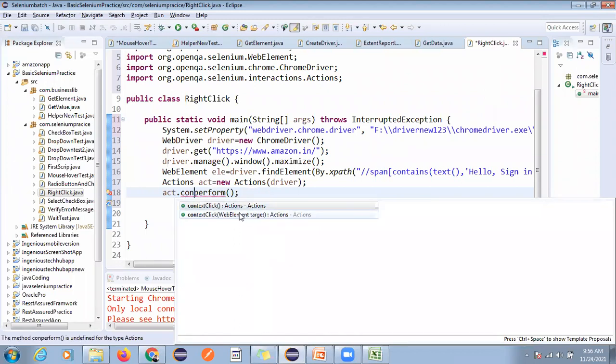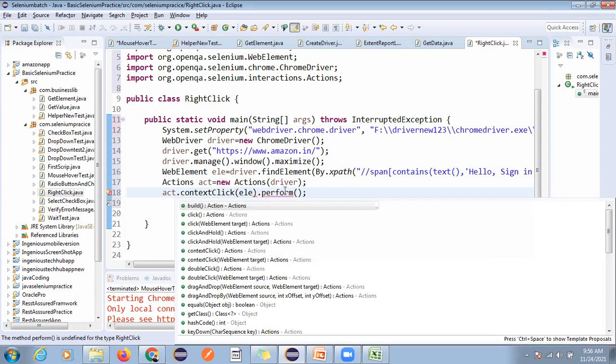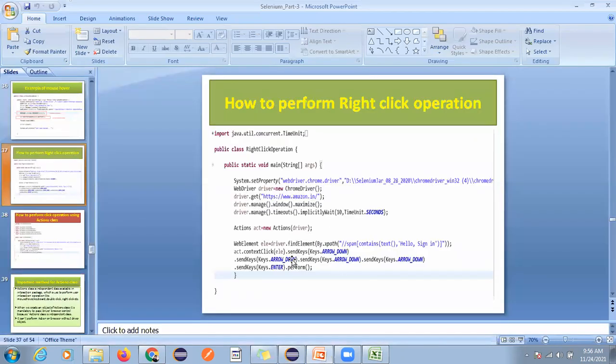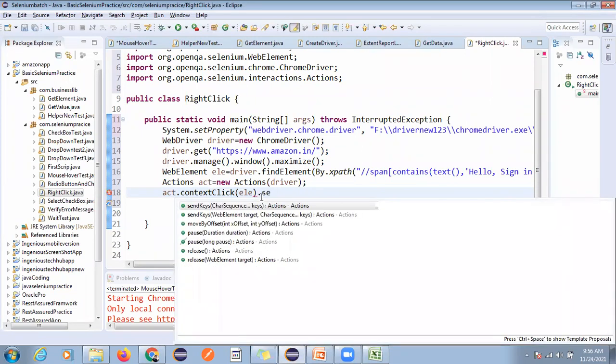Where you want to perform, you can directly perform on the same element, but I will take the target one. This is the element I want to perform the click operation on, and here we can do some more activity, like using some keyboard operation. So remove this perform for now, then we will use sendKeys.